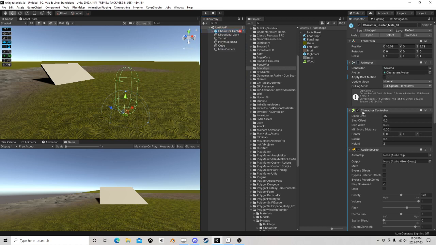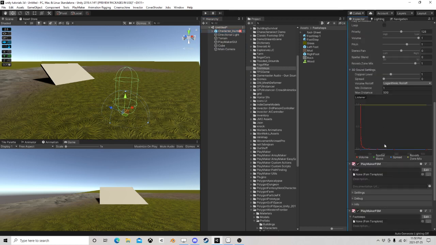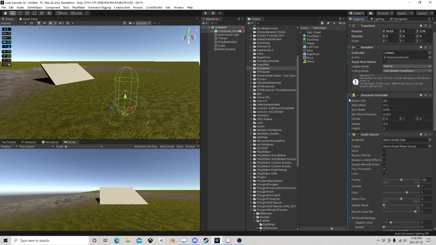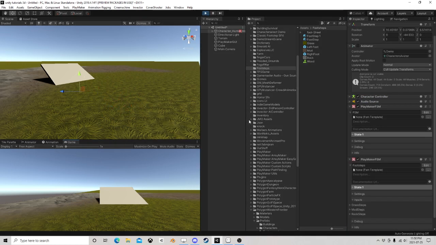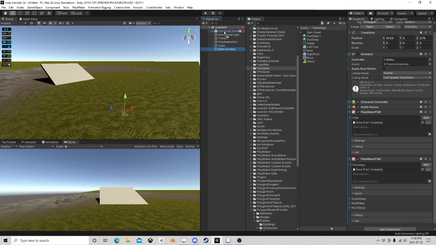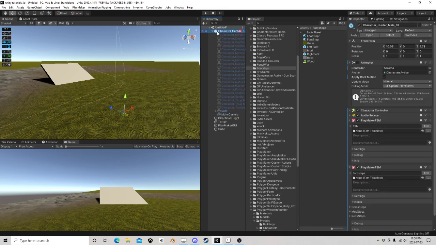You know, turn that animator off. So we'll pretend like we don't have it, right? Because now we just have this thing. Perfect. All right,